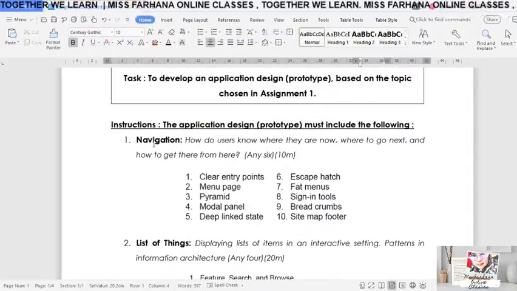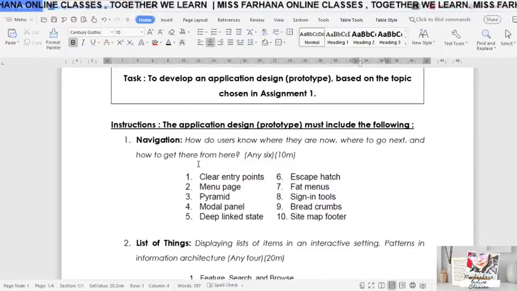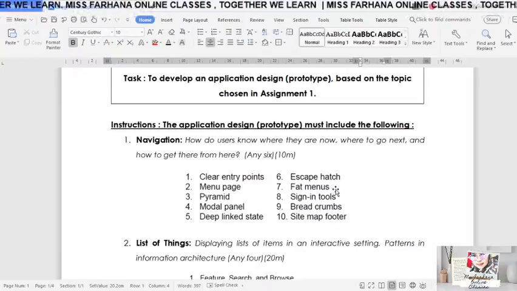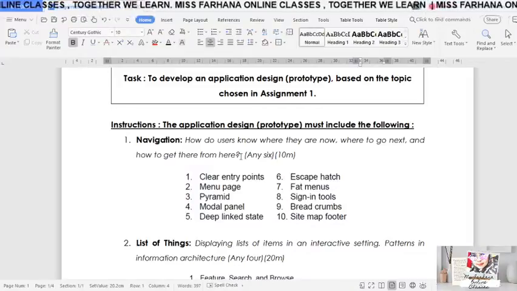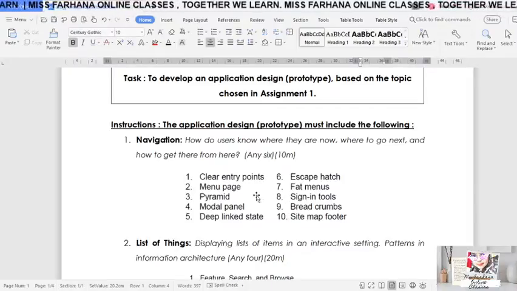So the first one is navigation. It's basically how the users know where they are, where to go next, and how to get there from here. Okay, and you can refer to our chapter 6 notes on navigation. Alright, and I put here any 6, meaning that out of this 10 pattern, you must choose any 6 and then try to design it